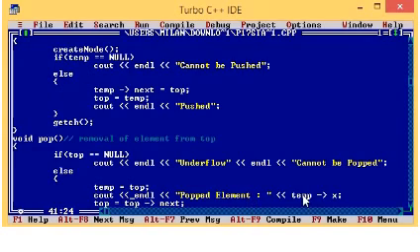Whatever is there on the top. Once it is removed, if you try to display it, you cannot access that element. So first you display, and then change the top pointer. Now what must be the top? When the top element is removed, the next top should be top arrow next.